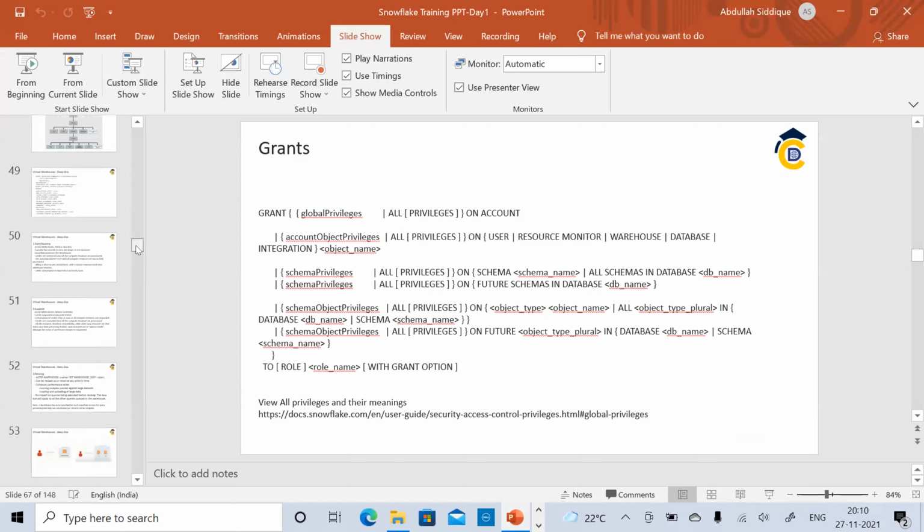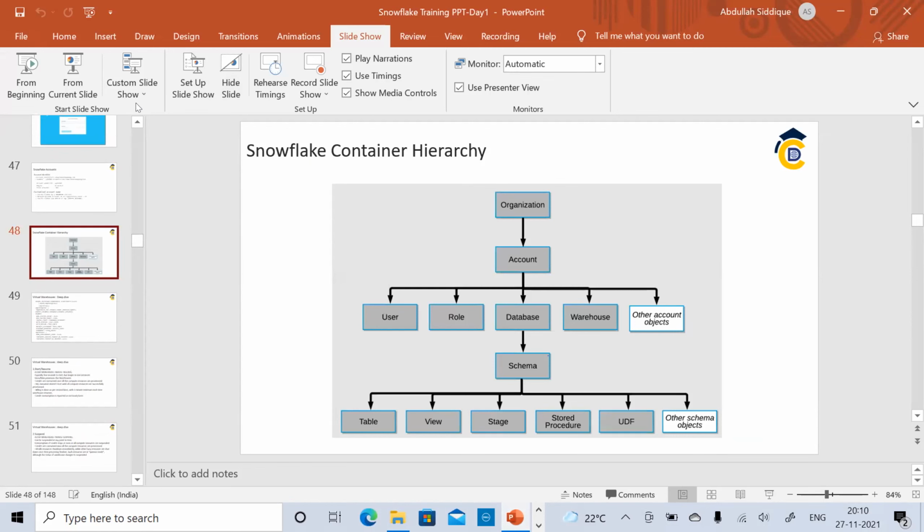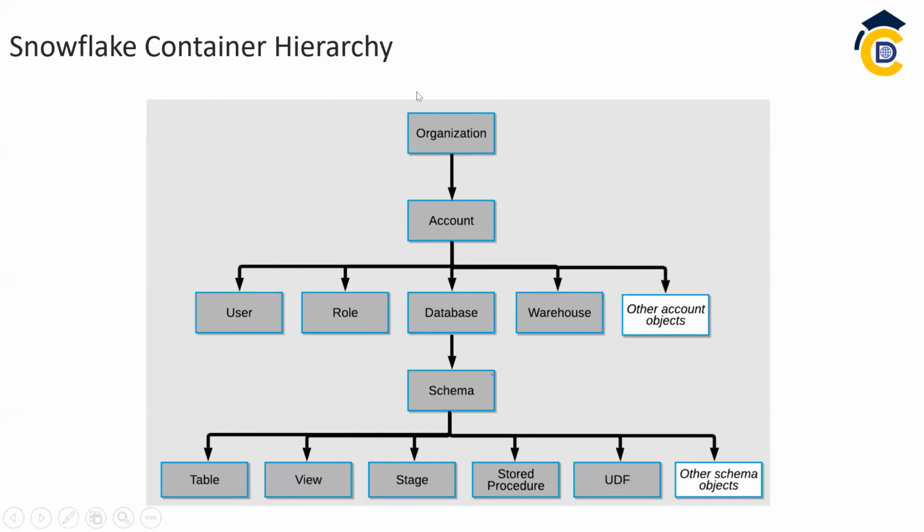So this is the table we had discussed a long time ago, which shows us the Snowflake container hierarchy basically. So I had last week asked a question, which is the topmost object on the Snowflake hierarchy. So it is organization. The answer is organization. Okay. So as I said, whatever you want to create, for example, if you want to create a warehouse, you need to know that I will have to give a privilege one level up. So what is one level up of a warehouse? It's account. So you will have to give the create warehouse privilege at the account level to that particular role. So this is how you can